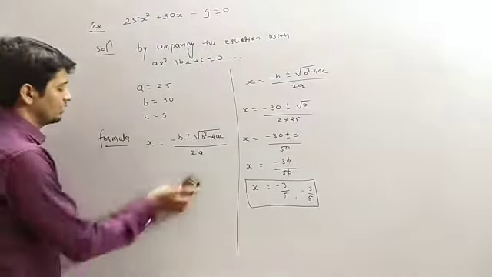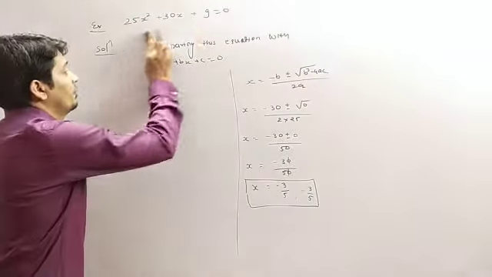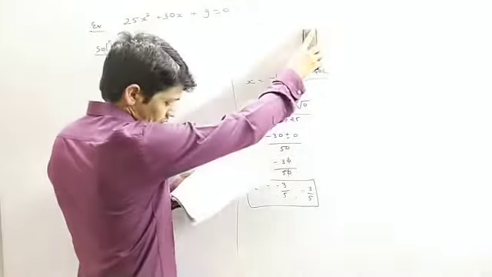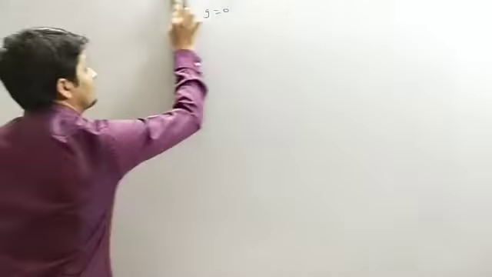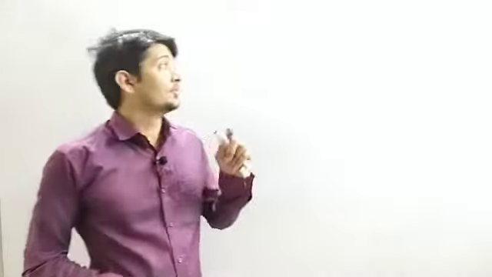We are going to solve the next problem which is given in your practice set 2.4. So the first question of 2.4 says compare the given quadratic equation to the general form and write the values of a, b, c. So every time we are writing the values of a, b, c by comparing our given equation with the standard form of a quadratic equation. Then the second question says solve the quadratic equation by using the formula.